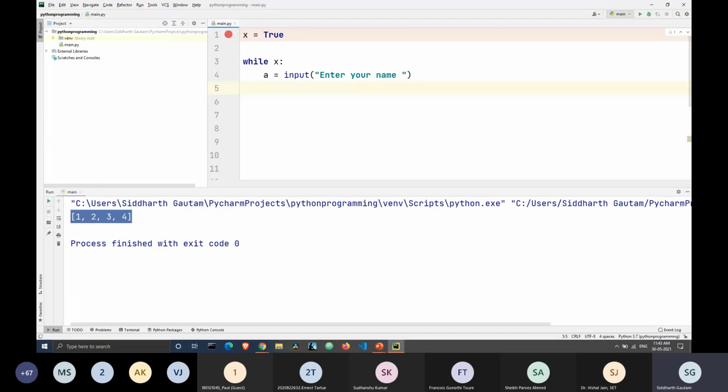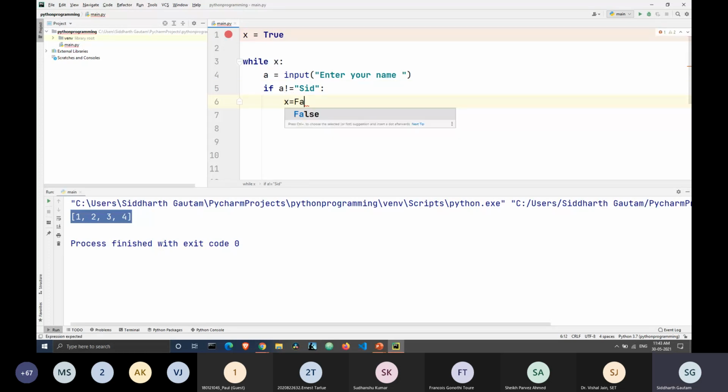So let's take a condition: if a is equal to Sid... okay, let's change the way. If a is not equal to Sid, in that case x will turn into false.